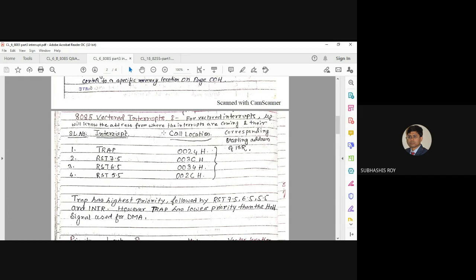Because suppose two external devices try to communicate with the microprocessor at the same time, then what happens? Through this TRAP pin and RST 7.5 pin, if two different devices want to communicate with the microprocessor, what happens? Obviously the microprocessor will solve the TRAP interrupt first, not RST 7.5, because the microprocessor will see which interrupt has higher priority. If the microprocessor receives two interrupts, one RST 7.5 and the other RST 5.5,